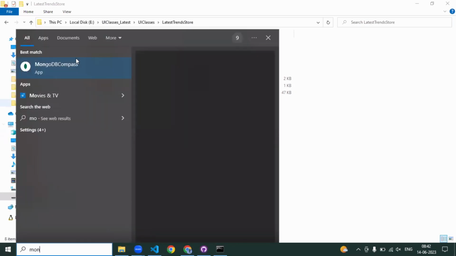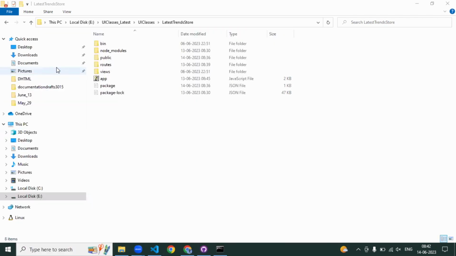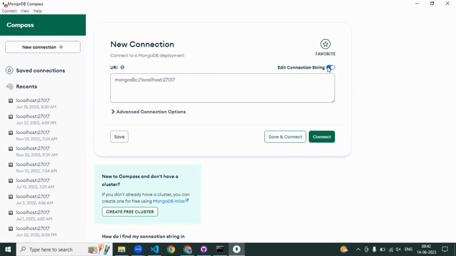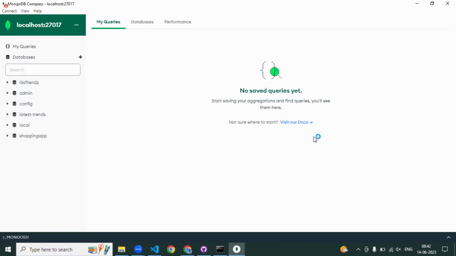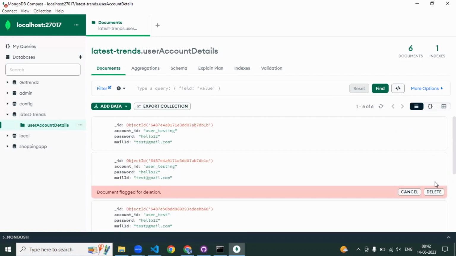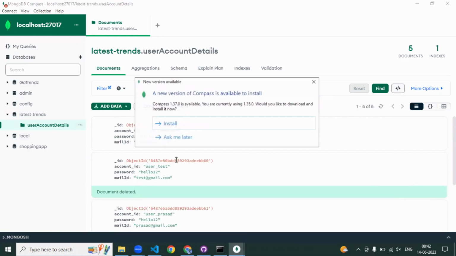Okay, so let me open the Mongo Compass. We were talking about the security part, right? As an end user, I might not have an option to see the list of all the data stored under the database. But a database administrator from the organization end might have an option to directly see the data. Say, if I am the database administrator at the company organization level, I simply go to account details and I could see who the user is and what his password is, which has been given here. So to avoid such things, what we actually need to do is,